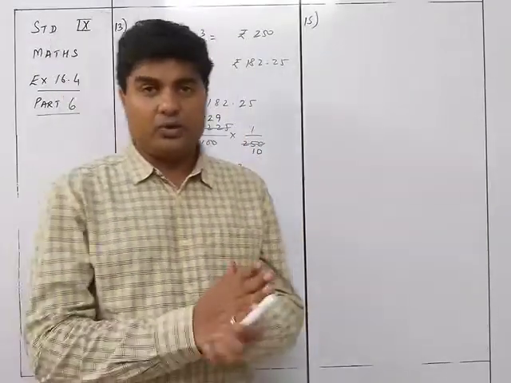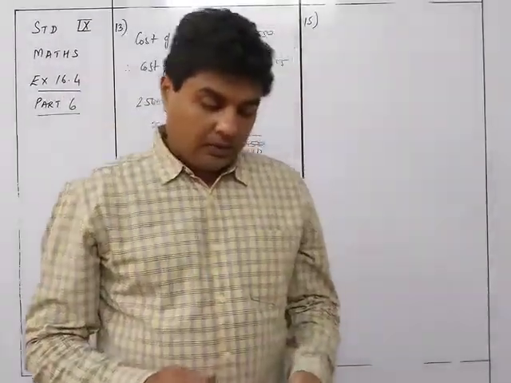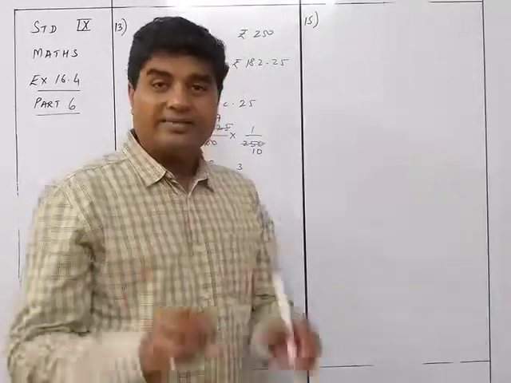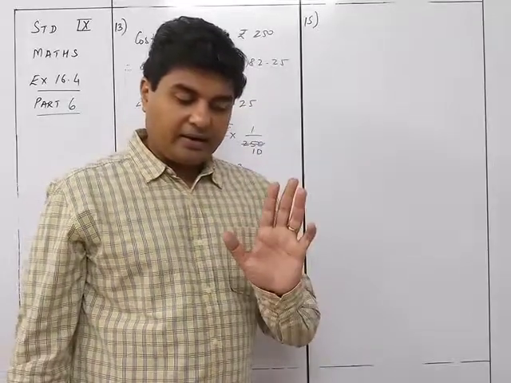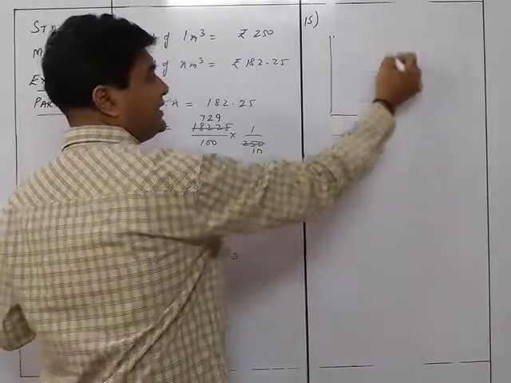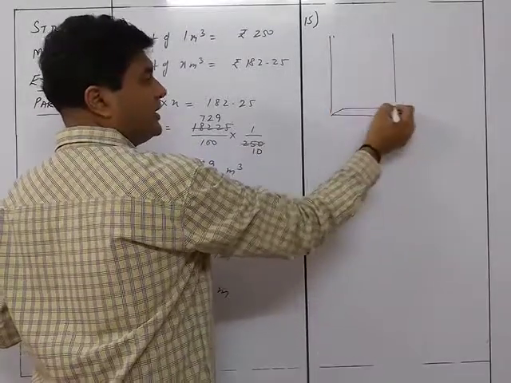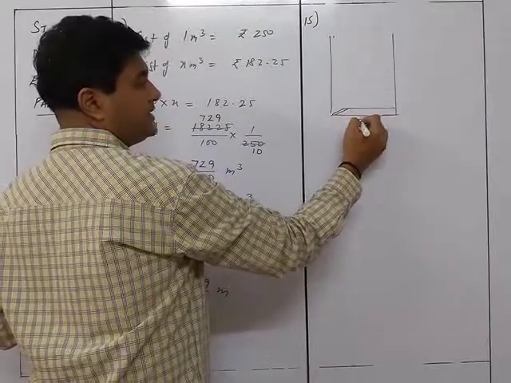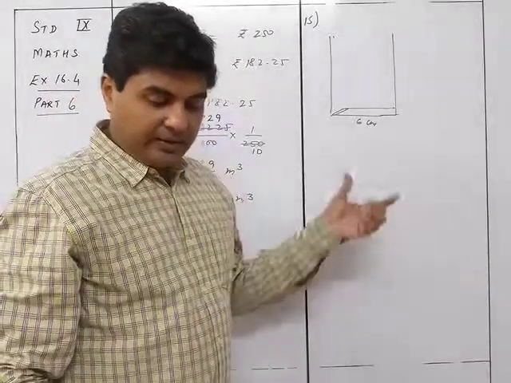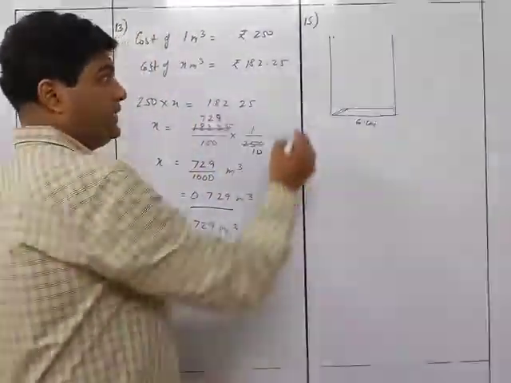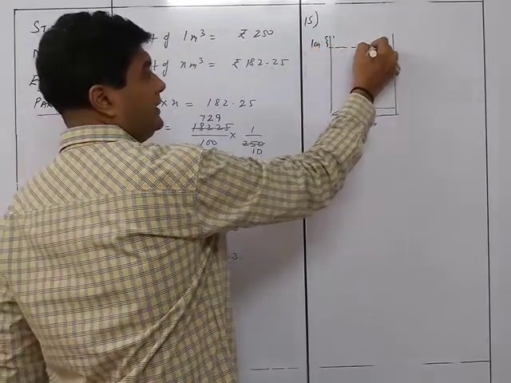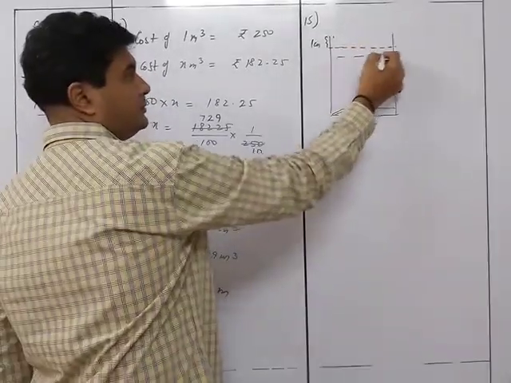Okay, so now we need to understand this thing properly. What has happened? Let's understand this thing exactly. A rectangular container whose base is 6. So we have this container. I'll take this as a container. There is a square container over here where this side is 6 centimeters. And they have given that it holds water up to 1 centimeter from the top. So water is going to be there. This is 1 centimeter. Water is up to here.